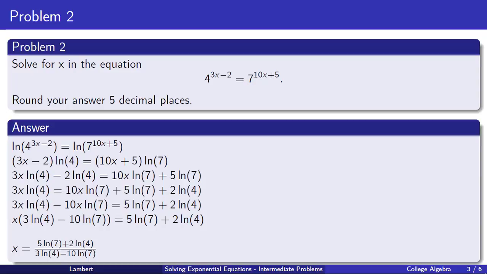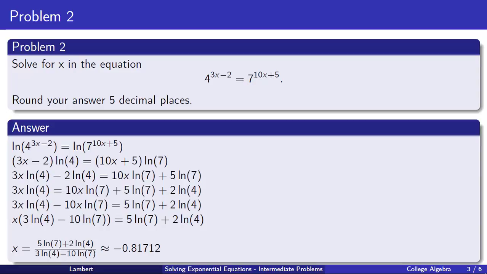Now, the problem is actually asking us to round to 5 decimal places, so all we need to do now is just use a calculator. And the key to this is put parentheses around your numerator. So parentheses 5 ln 7 plus 2 ln 4. Close the parentheses. Hit the division symbol. Then you hit another parentheses to start the denominator. We want all the denominator in parentheses. So 3 ln 4 minus 10 ln 7. Close off those parentheses. And we get our final answer of negative